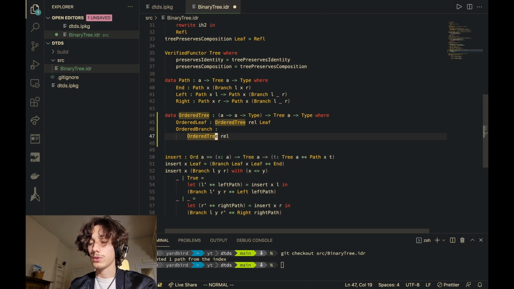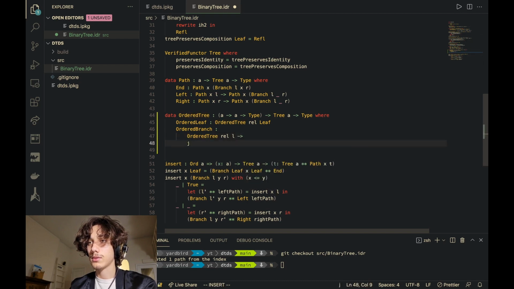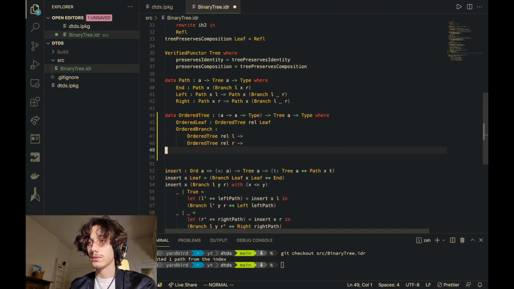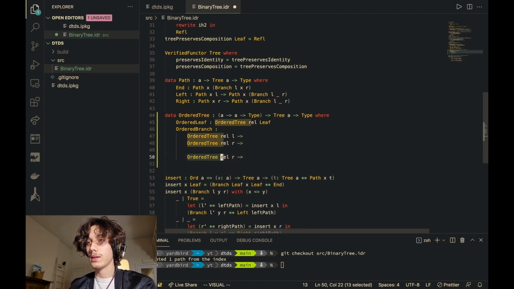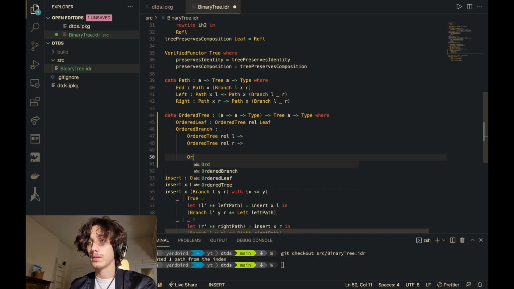So a branch is ordered if its left-hand side is ordered, its right-hand side is ordered, then we know that,